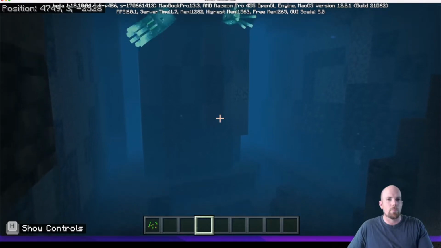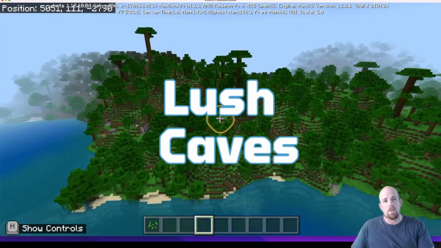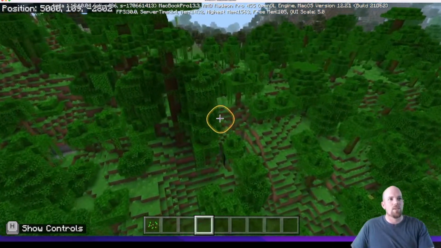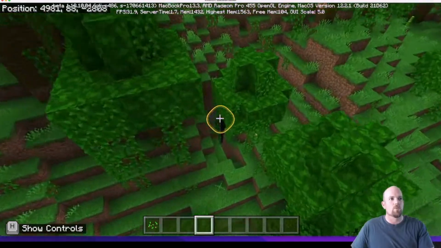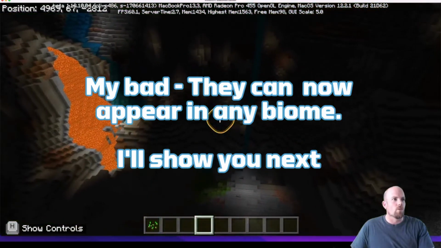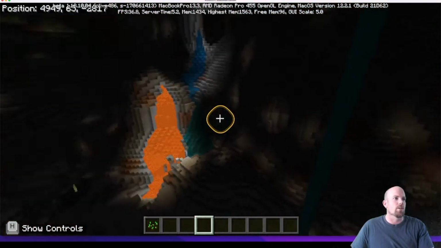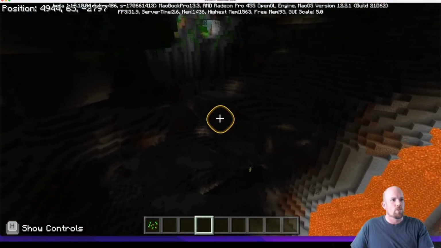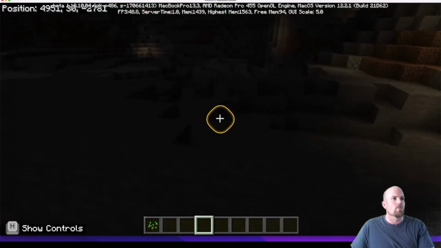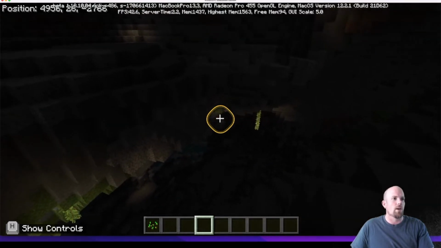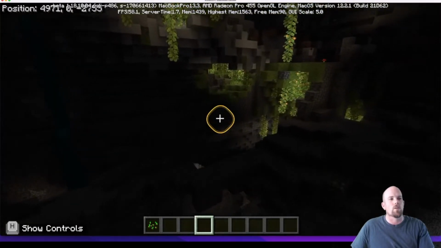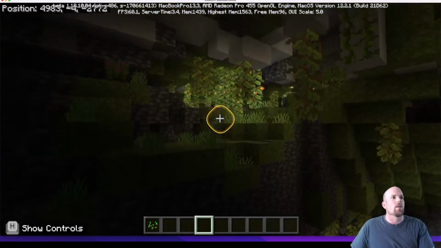Alright, so our next type of cave are the Lush Caves, which everyone's been waiting for to come in. You do need to be in a very similar biome to this one, any of your forest or jungle ones. So here we go, we've got again another massive cave, so a good example of that. But if I move down, normally you do have to have quite low coordinates for this to work. So that's my Y, it needs to get close to dropping into the negatives, and there we are. So I can explore and find